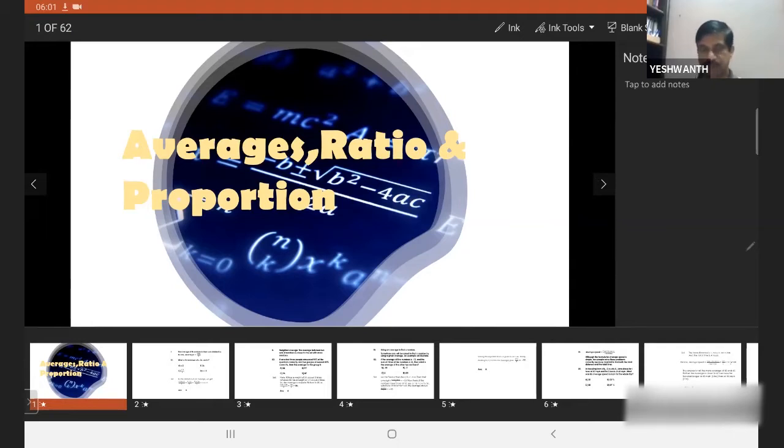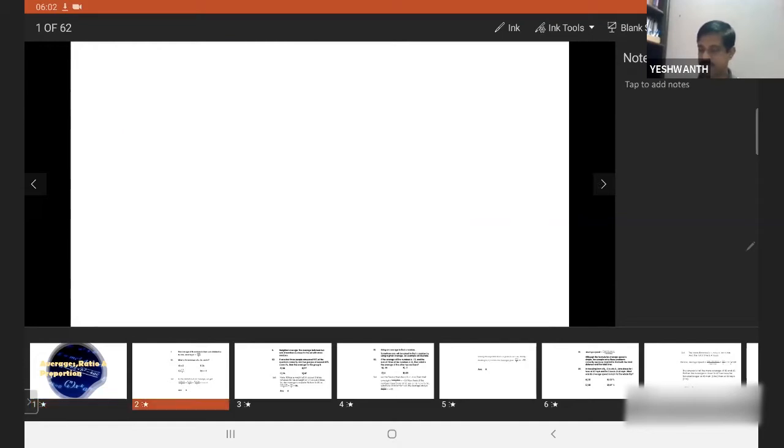When we talk about proportion, we'll have two kinds, direct and indirect. So let us look at that, inversely proportional or directly proportional. Based on that, we have to work. Let's start with the problem solving of